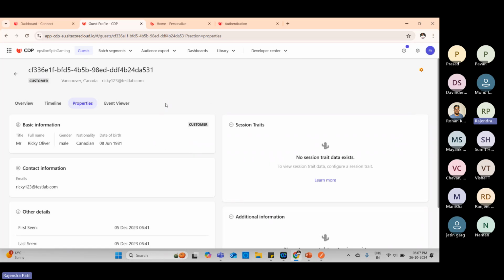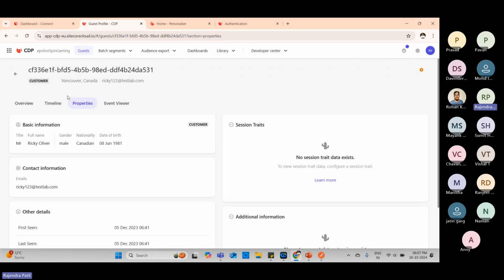But using the REST APIs we can update the information, and that is supposed to happen from the web application layer itself. Upon clicking on any particular event or any button, if you would like to capture some events, then that information should be associated with the guest, and that can be updated using the REST API. So before I jump into the REST API areas, I would like to discuss one very important topic,